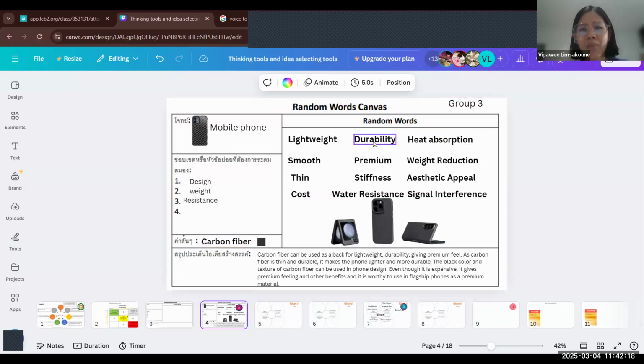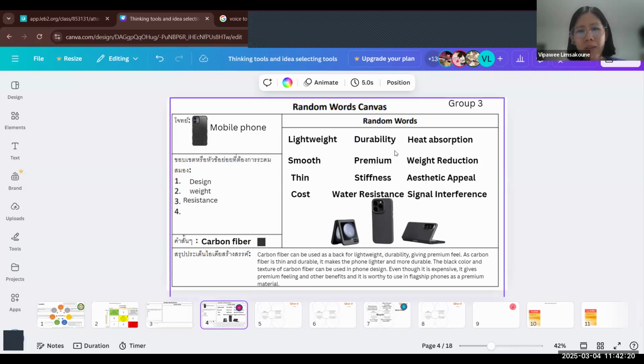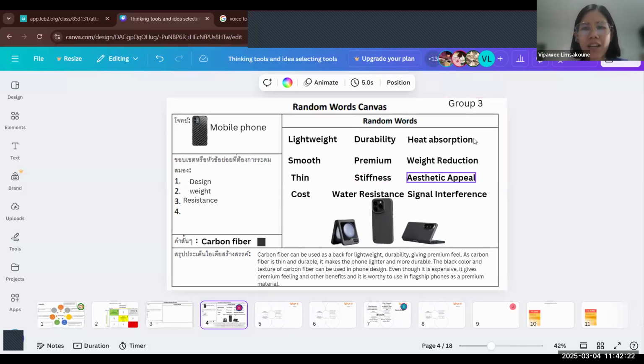For example, they thought about the property of durability, the property of stiffness, and heat absorption properties. So with that, they came up with the proposed idea that carbon fiber can be used at the back of the phone. Okay, it's not the phone case, but it is the phone เป็นด้านหลังของมือถือไปเลยเนาะ